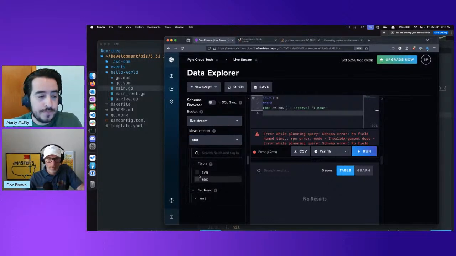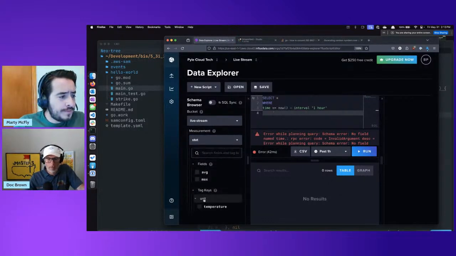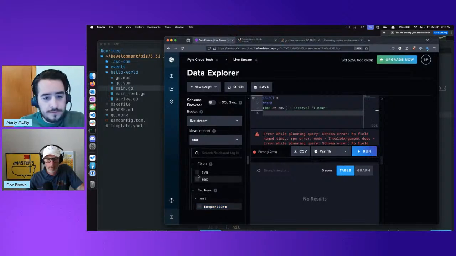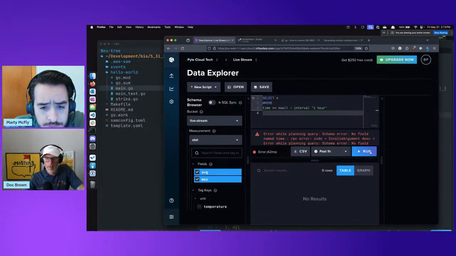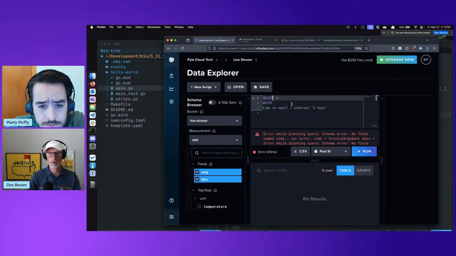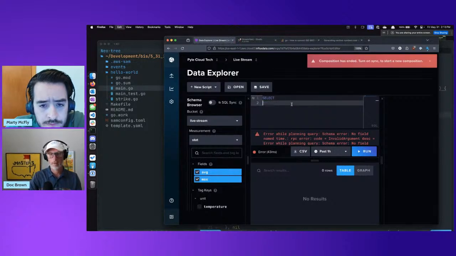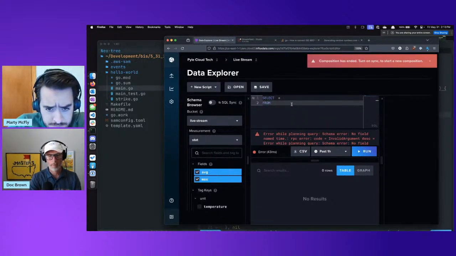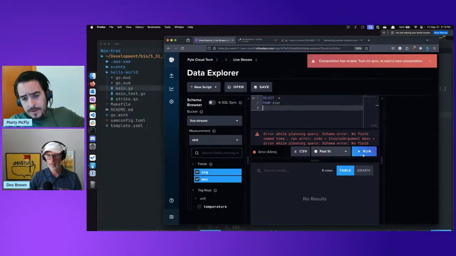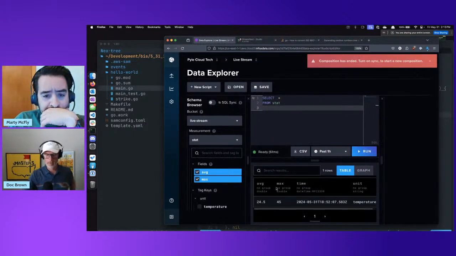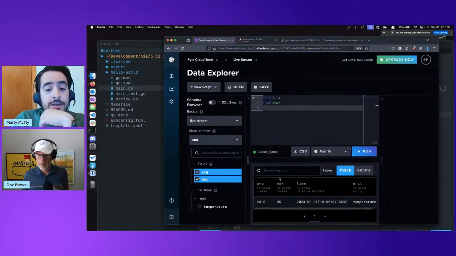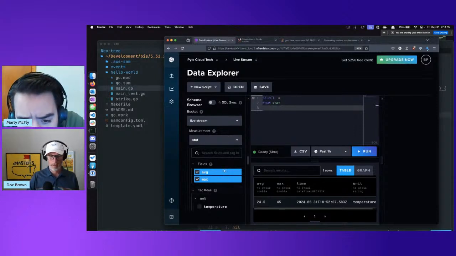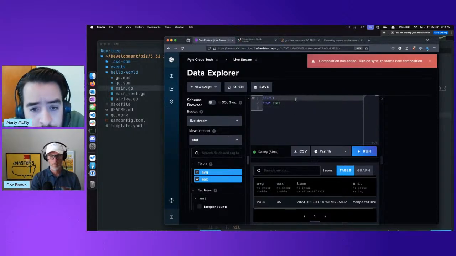Okay, so temperature. Select star from stat, and that gives us the data points and the tag too. Look at that. So fields, was it field dot?